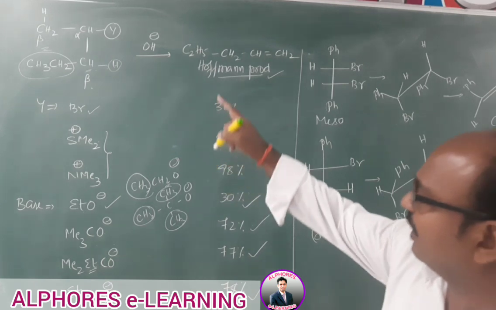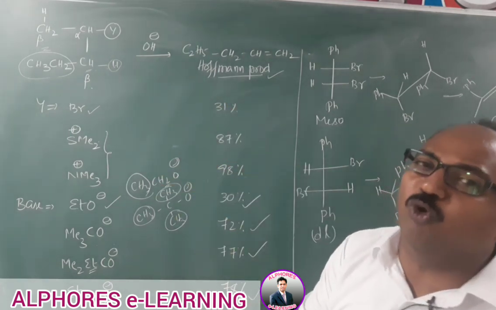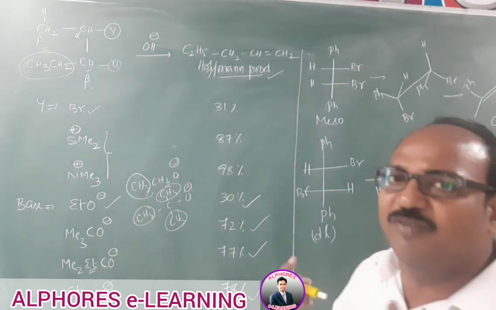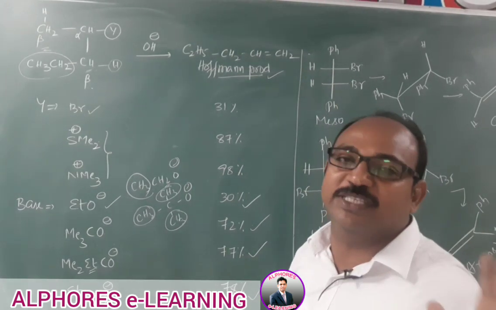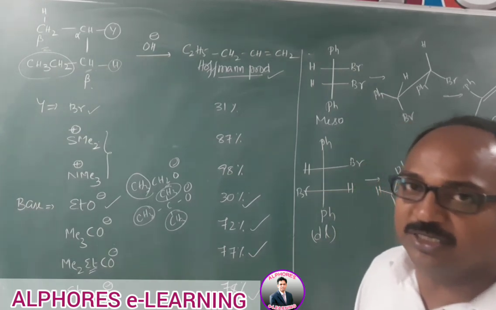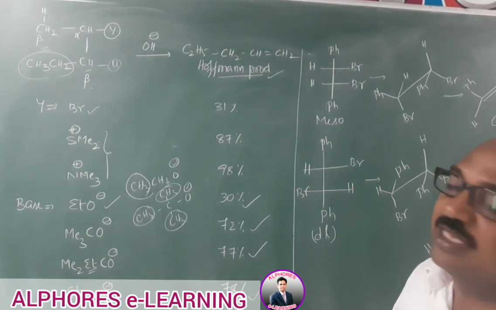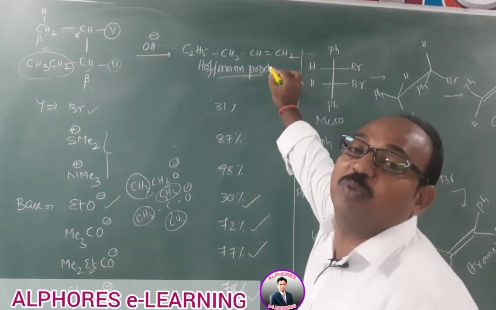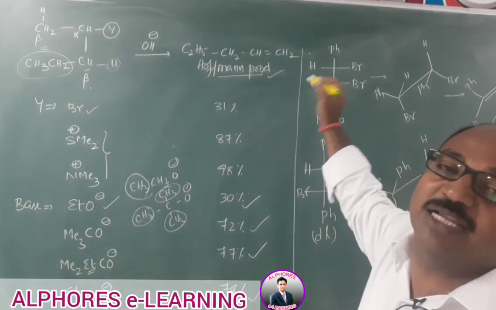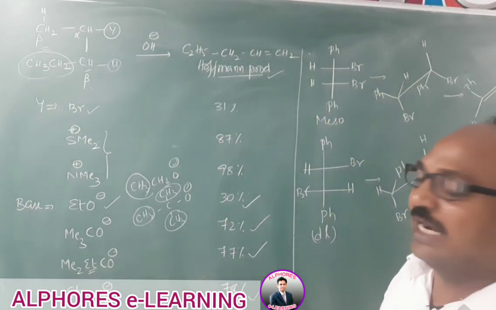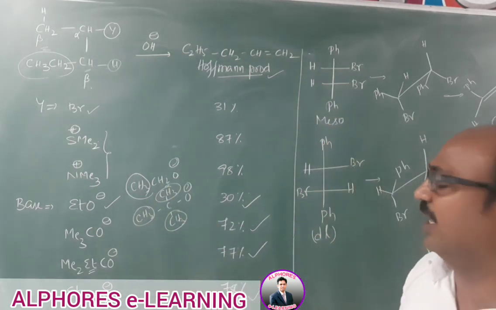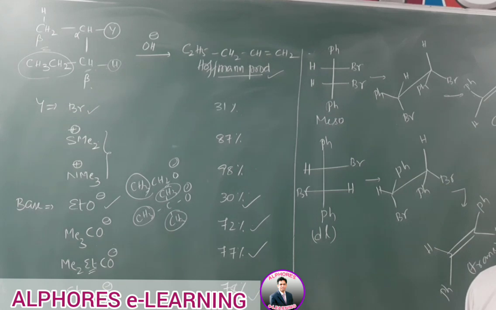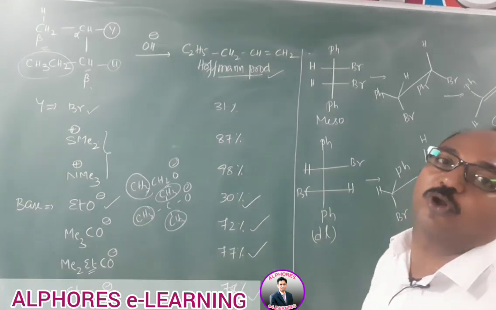That means if the leaving group is more and more poor, with less leaving tendency or less leaving ability, or less nucleofugacity, that word's terminology is important. Nucleofugacity is less. In such a case, Hofmann product is more predominant and Saytzeff product will be minor. And similarly, if the approaching base is more bulky, in such a case, Hofmann product is more predominant and Saytzeff elimination product is less, meaning a minor product.